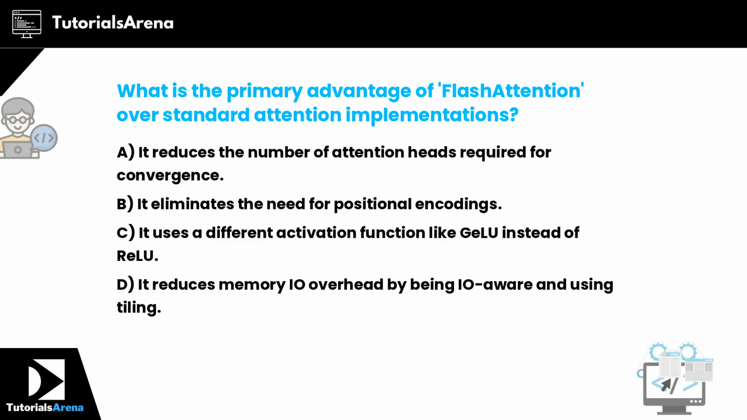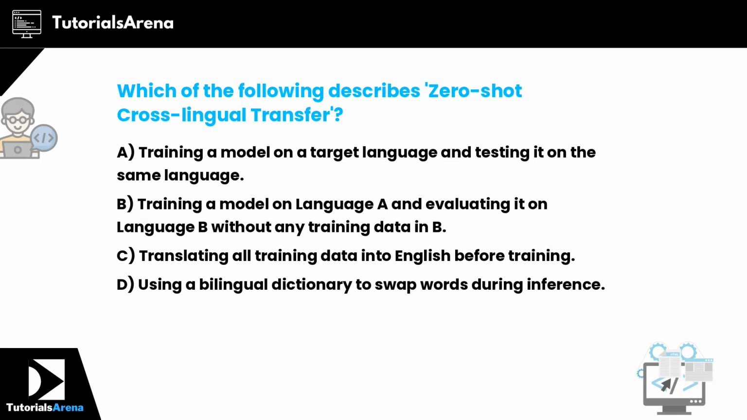What is the primary advantage of flash attention over standard attention implementations? The correct answer is option D. It reduces memory I/O overhead by being I/O aware and using tiling. Which of the following describes zero-shot cross-lingual transfer? The correct answer is option B, training a model on language A and evaluating it on language B without any